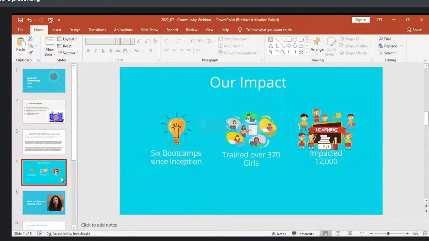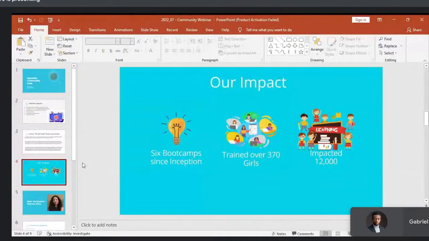Recently, we had a partnership with Data Camp for data analysts and data scientists, which really made waves. I can remember on Twitter, people were sharing it and thousands of ladies registered. So our impact, we're just starting and we hope to achieve more as time goes on.